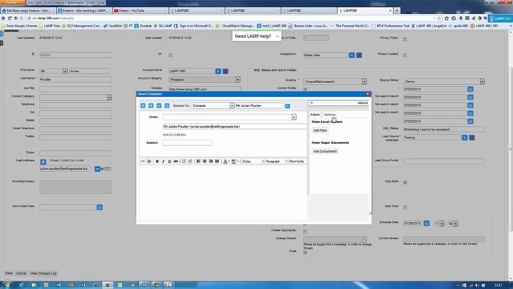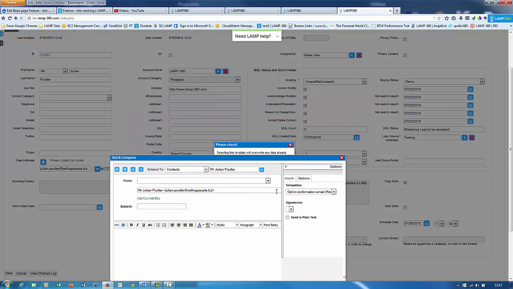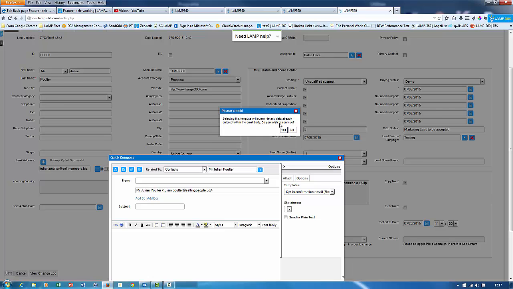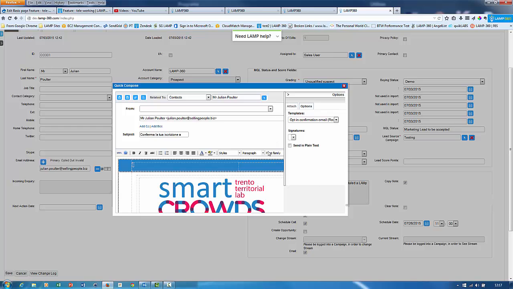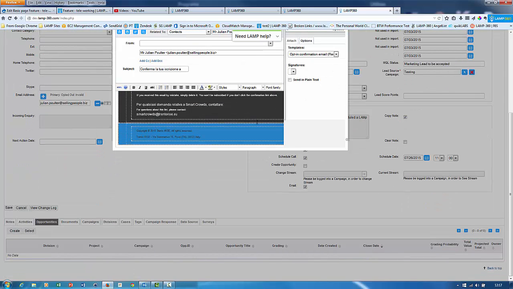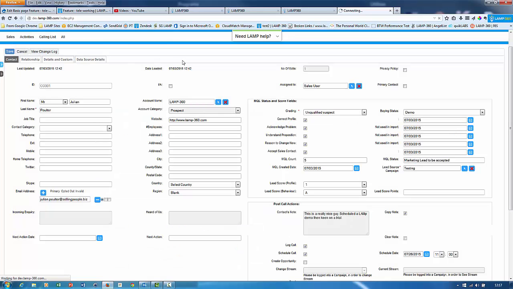And what I can do here is, under options, go to templates, and I've got some fairly rubbish things here, but I've got an email template. For some reason that's just come up behind, excuse me, and that will then pop up, and here's an email template with all the graphics and things that I can in fact edit, and then I could send directly to this person. So if I now save this record,